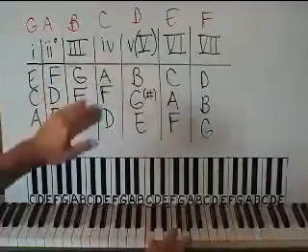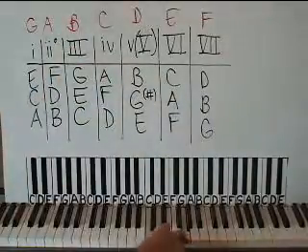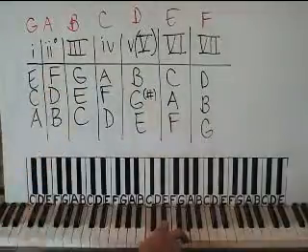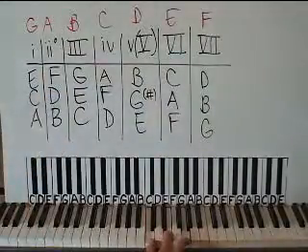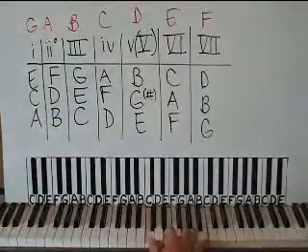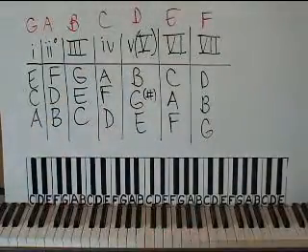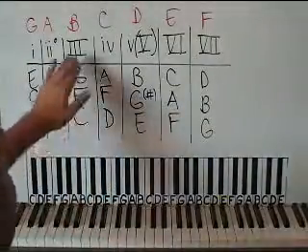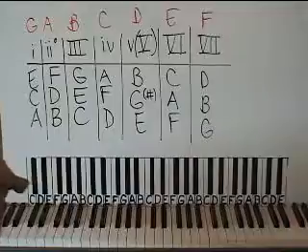Alright, so I'll put the 3 capital because when we play in the key of A minor, or any minor key, the 3 chord will be a major chord, a happy chord: C, E, G. If you want to add a B for a 7th, you have a C7, okay? Now again, these chords we've already done. We've gone over them time and time again, but I'm just showing you how they fit into the key of